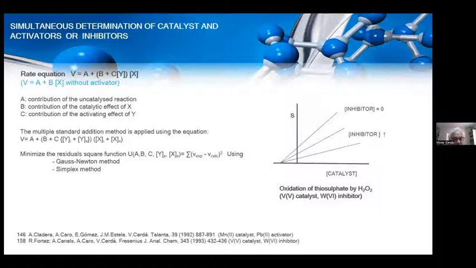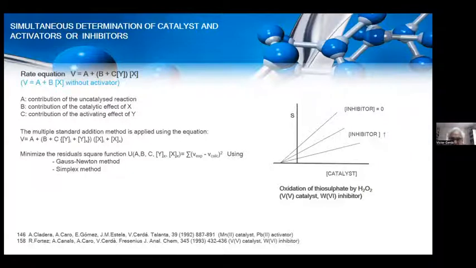But the slope of this equation changes in the presence of the activator or the inhibitor. And then this equation is transformed into this, where the slope has the influence of the presence of the activator